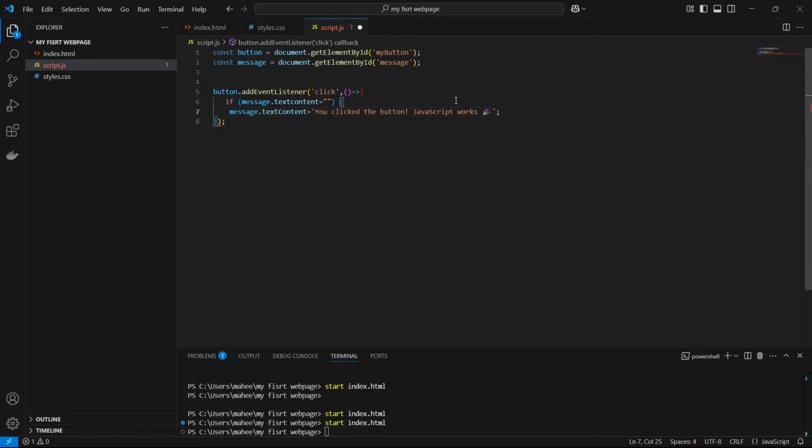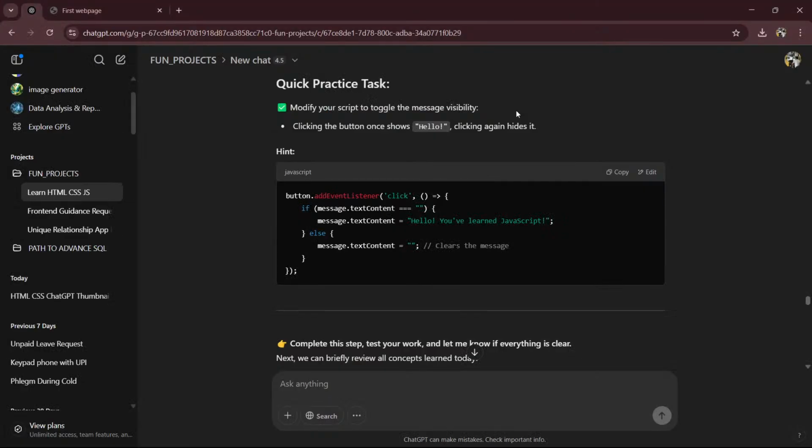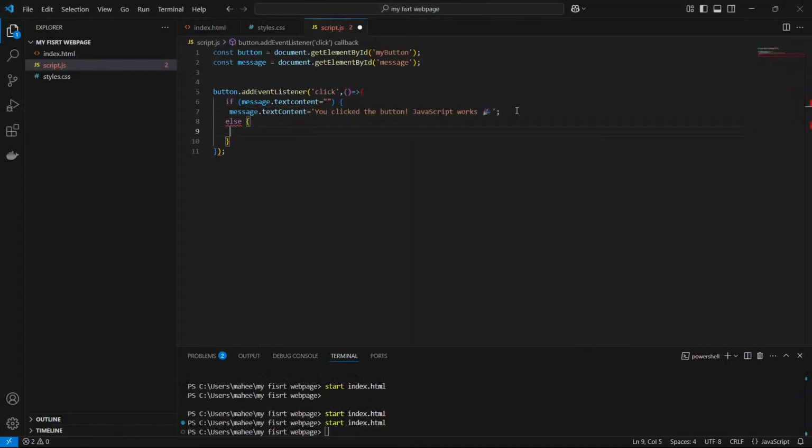I have to update this like this. Else, okay, I have to close the if block. If is closed now, else